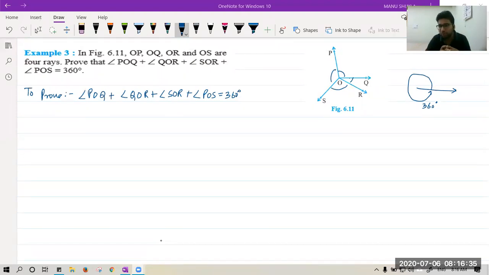Sir, is it necessary to do construction? But Moksh, if you think it is not necessary, you have to come with an idea. Okay, I thought about it, but I was not getting it. So if you have an idea, you can share with me. We can take that also. Okay. So we will extend any one line, whatever we want. Okay. Let's start with OQ. I have to write over here construction.